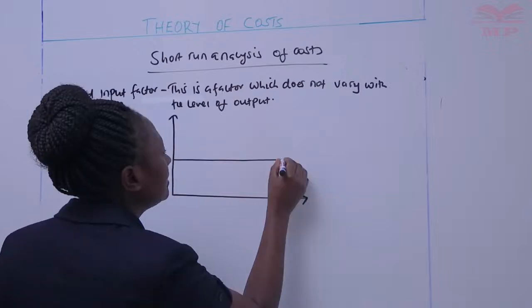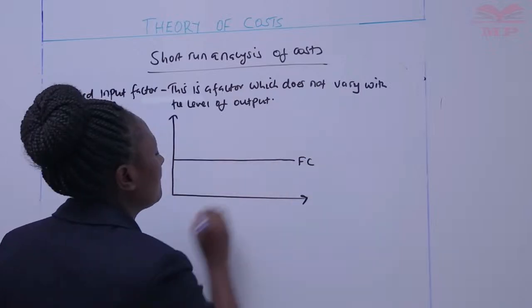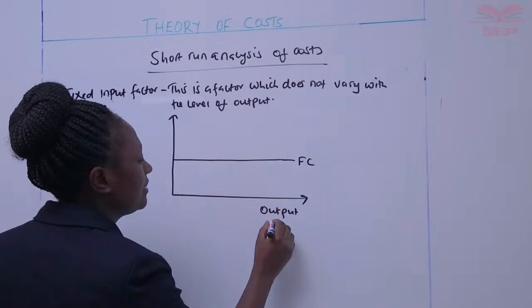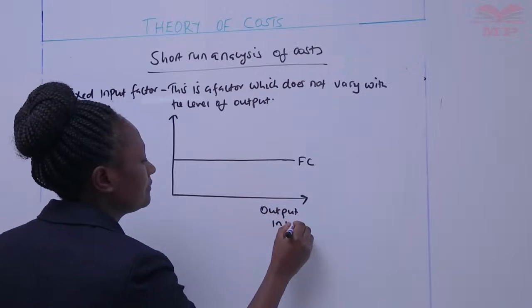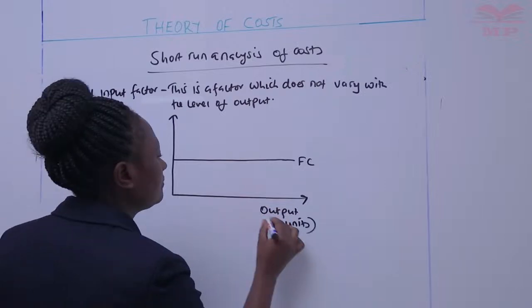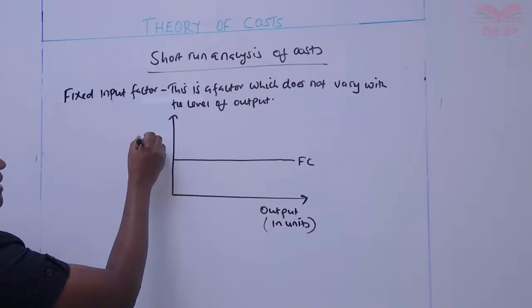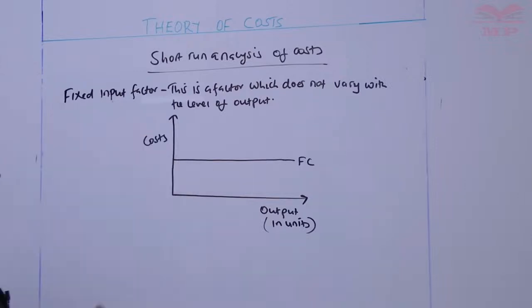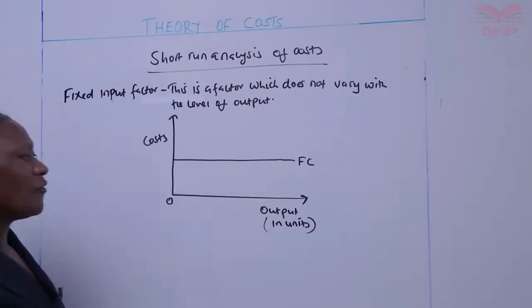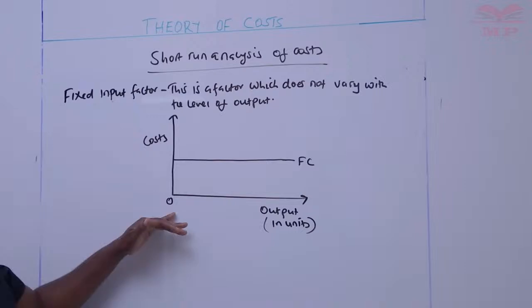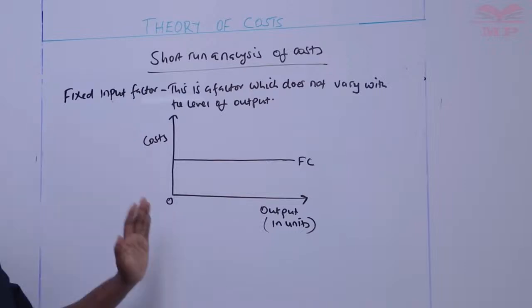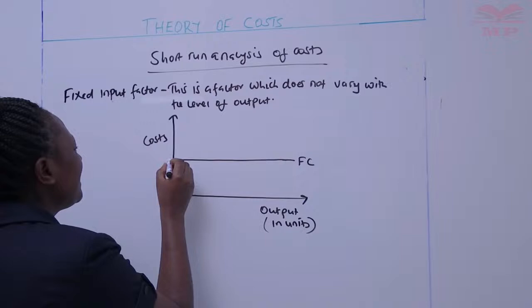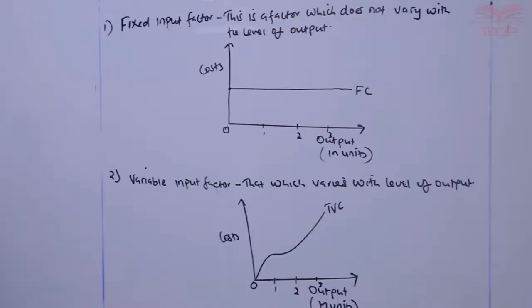So this is a fixed cost. This is the level of output, which is in units. And here we are talking of costs. So we begin from zero output. So when you are producing zero output, a fixed cost will still be incurred at this point. Even if I increase my output,